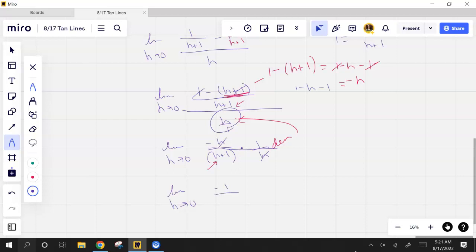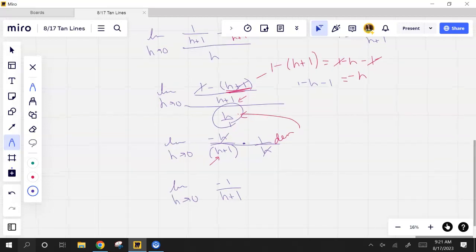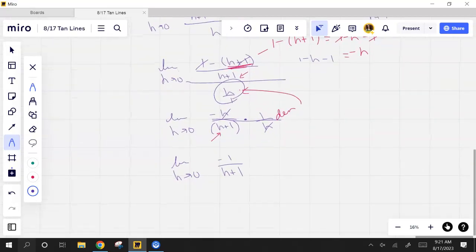What's left in the bottom? h plus 1. Can you plug in 0 for h now? Because that's been my goal the whole time. Getting it to where I can plug 0 in. Yes. So now if I plug in a 0, I get